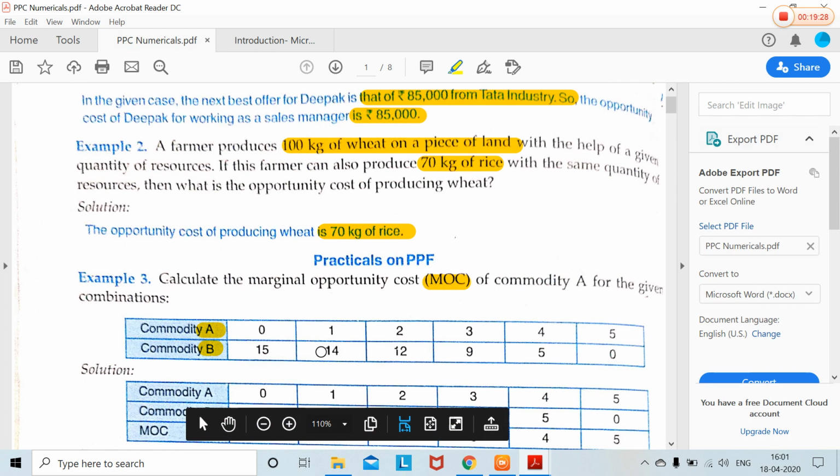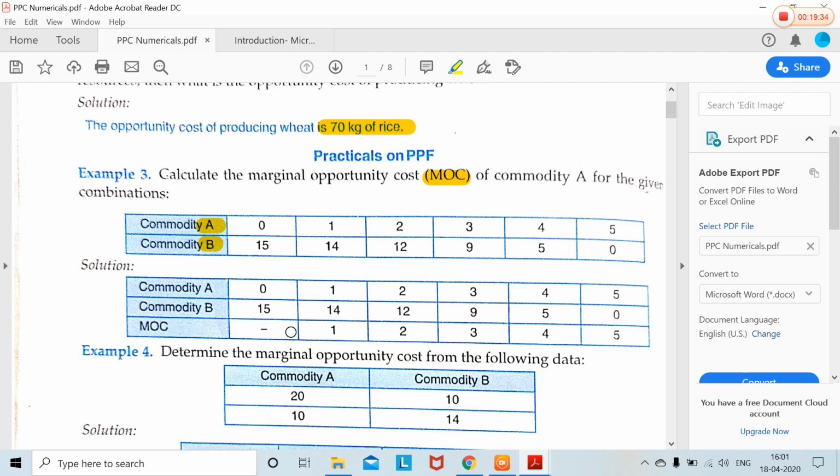So in this case, when you are losing 1 unit, your MOC will be 1. First case we'll put a dash. In the second case, with the gain of 1 unit, we have lost 1 unit. So MOC is 1. Third case, 14 to 12, to produce 1 more unit of good A the economy needs to sacrifice 2 units of good B. So MOC is increasing. Please keep in your mind whatever hypothetical example you are going to create, your MOC will be increasing. MOC or MRT? MRT is a ratio, MOC is just the loss. Only the numerator of MRT becomes MOC. So we have lost 2 units here with the gain of 1 unit.